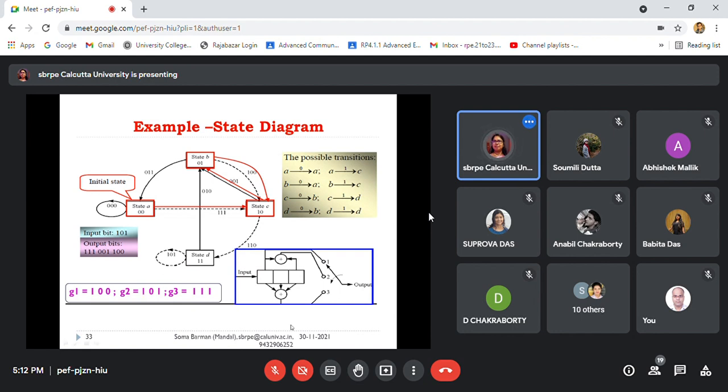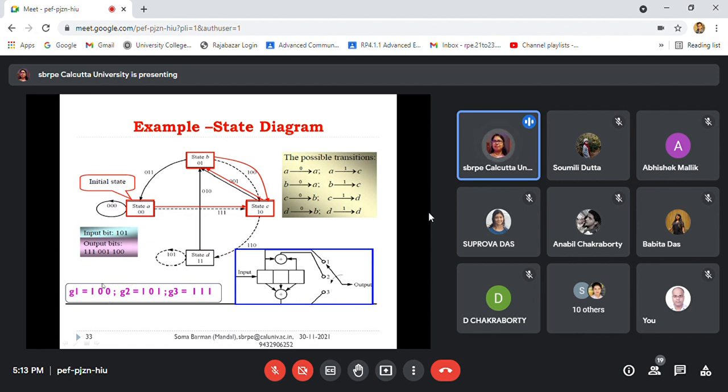Here, what is the code rate? Output is 3 bits, 1 2 3, input is 1. So code rate is 1/3. And one generator is this, another is this, another is directly connected. So the first generator you can say is 1 0 0, so G1 is 1 0 0. The second generator is 1 0 1, and for the third generator all three are connected, so it will be 1 1 1. I am mentioning that here in this box.